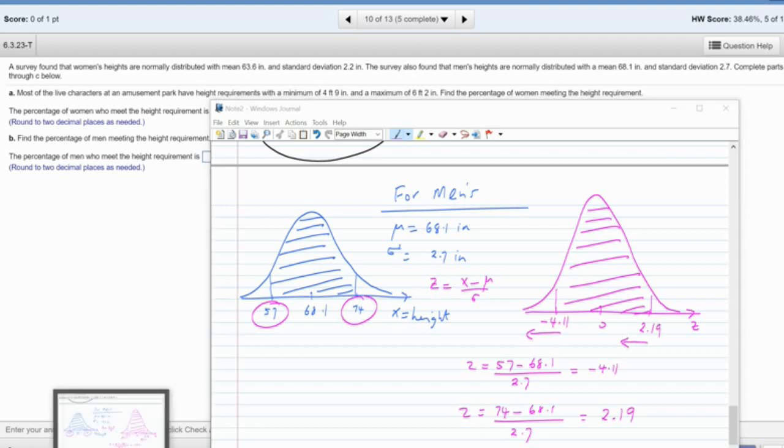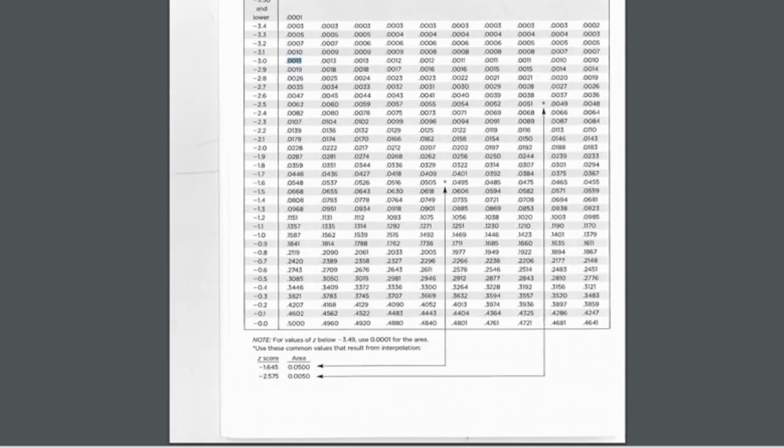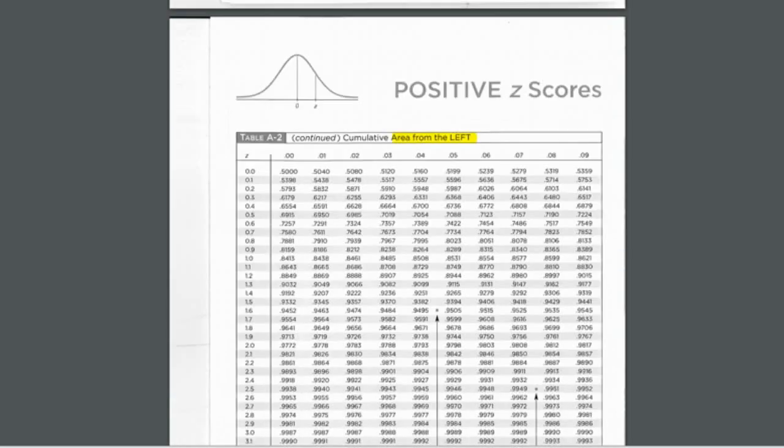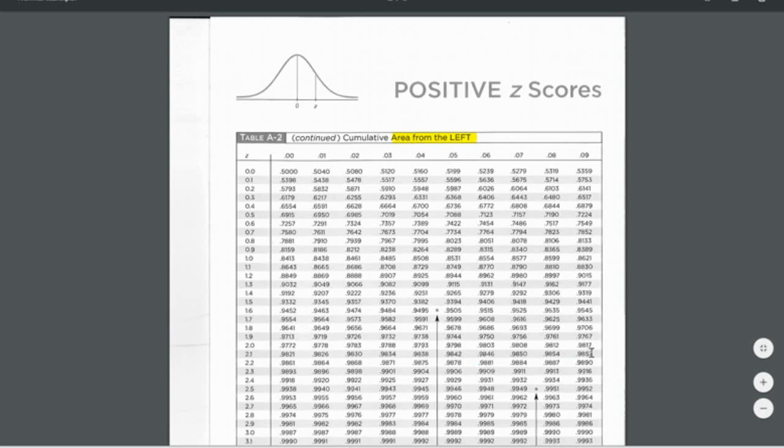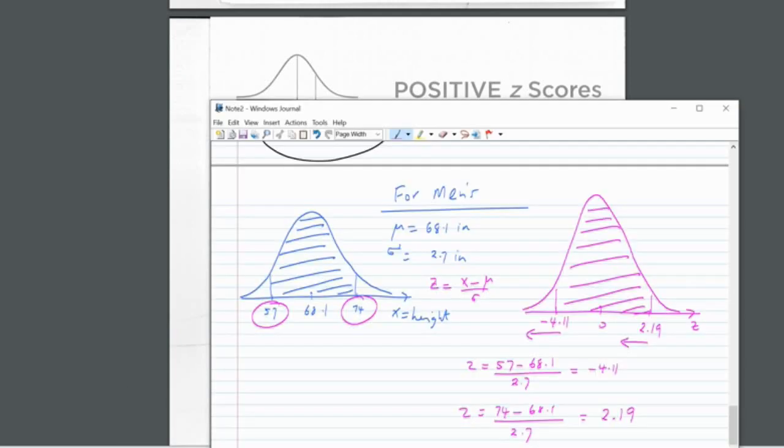In the table, 2.1 is here, and the 9 is over here. So 2.19 is this one: 0.9857. So 0.9857 minus